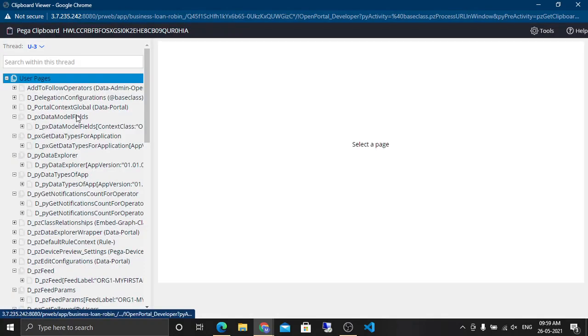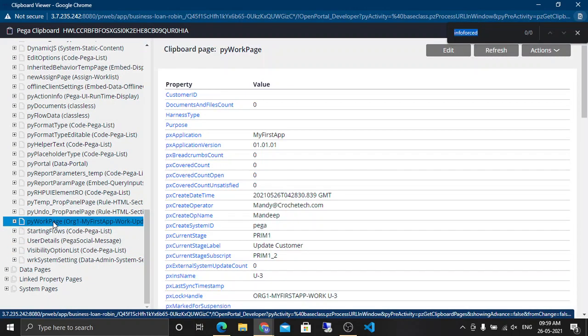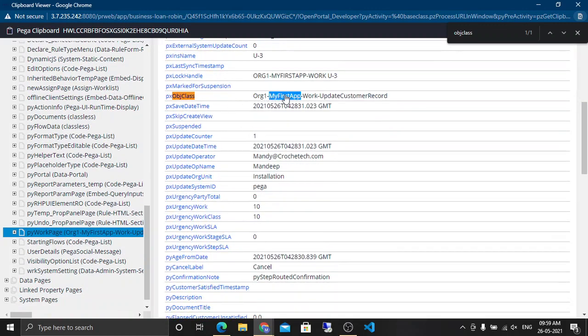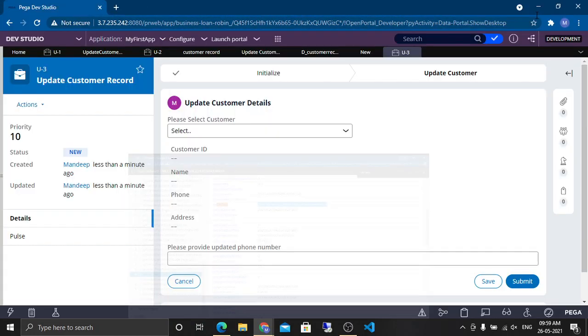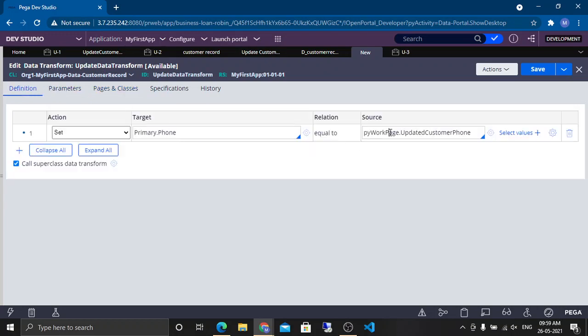So now we are practicing these debugging tools as well, right? We just saw the live UI, and then we are to check the class for the work page. We have to click the work page, and we have to search for the property obj class, basically pxObjClass. So this is the class for the work item that I need to mention here. Okay. So now we have the work page of this class that will be used to get the data and paste it to this variable. Copy data to this variable from this. Okay, it is as good as where x is equal to y, right?